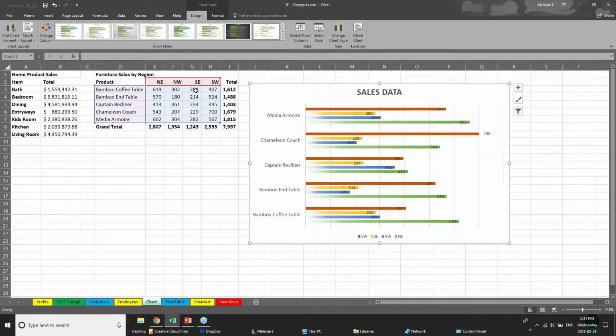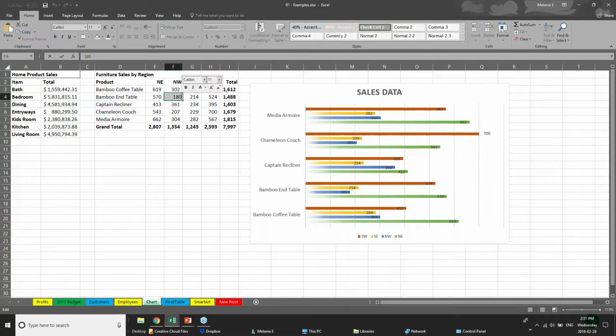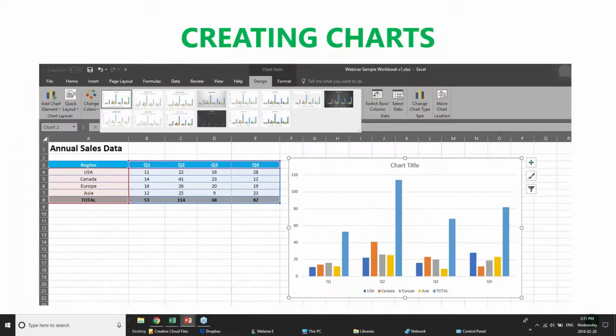And while you're going at it, because it's connected, as I click things in the actual chart, you'll see it corresponding with the data in the actual worksheet. That's because if I go ahead and change this, it will change it in the sales data as well. So that's something to keep in mind. All right,